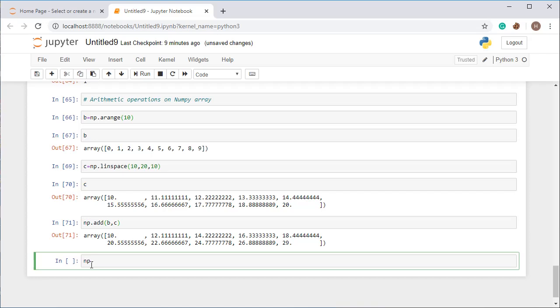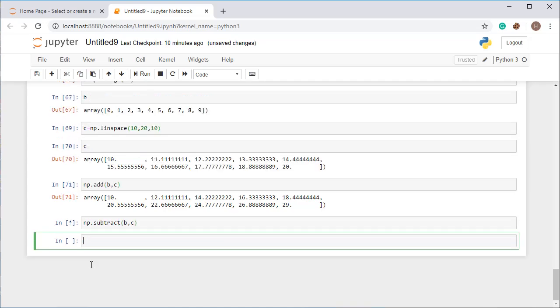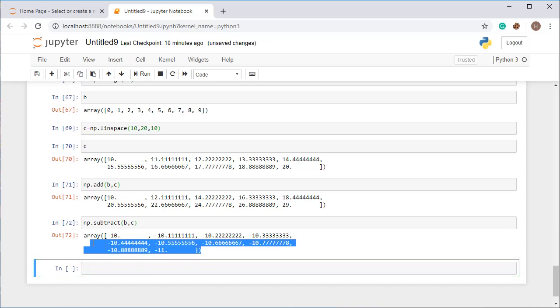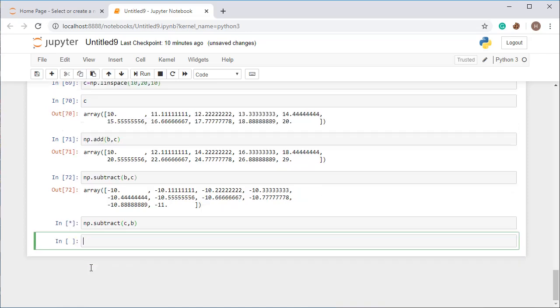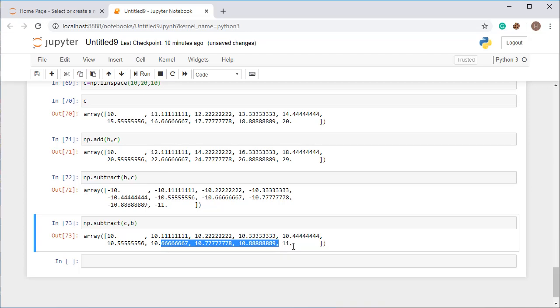You can subtract by using the np.subtract function and then just pass both arrays, then you will get an answer like this. Alright, so when you reverse the position of the subtraction, meaning both the arrays, it operates on C comma B, and then you will get the positive value.